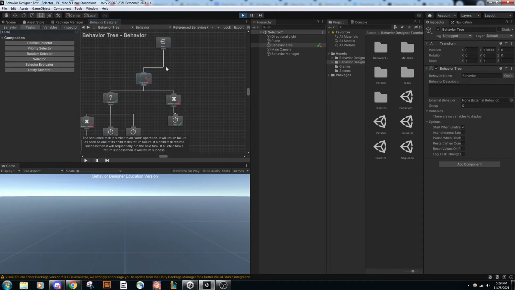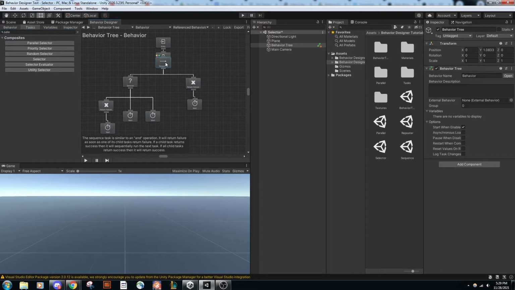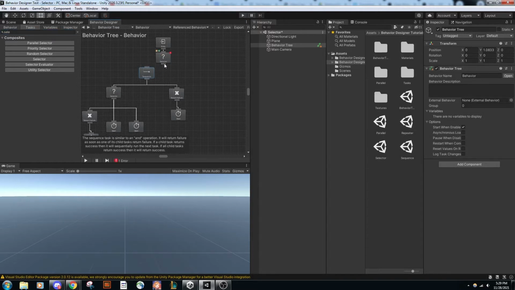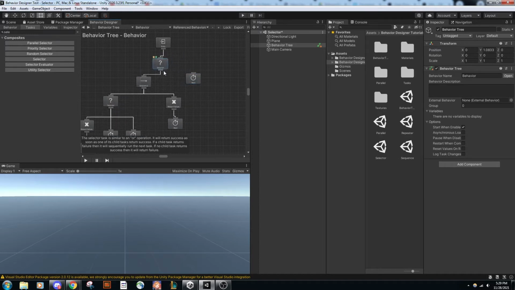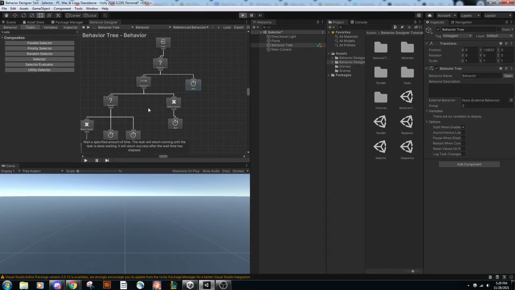And actually, we can watch this and we can get another selector task. In this case, grab this. Oh, stop the scene, of course. Grab another selector task, connect that to there, connect that to there. And this selector task will then see that the sequence returns negative, and then we'll run this wait task over here. So I know it's a little complex and it's a little hard to see, but if we